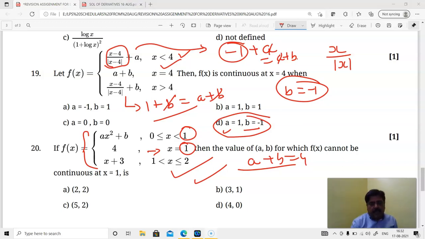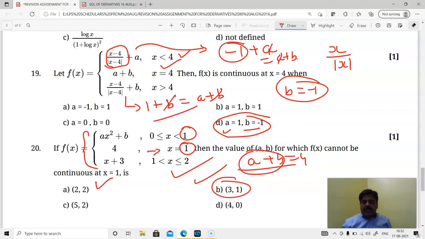But again I will say, हर question कुछ कहता है, मेरे अंदर मेरा solution रहता है. That means the answer lies in the question itself. So a plus b is equal to 4. We have to see individually that 2 and 2 will make it 4. That is correct, 2 can be there. If you put a as 3 and b as 1, again it is going to be 4, right? So this is going to be satisfied. Now this also is going to be satisfied. If you put a as 4 and b as 0, it is going to be satisfied.